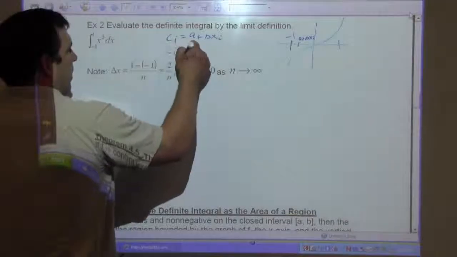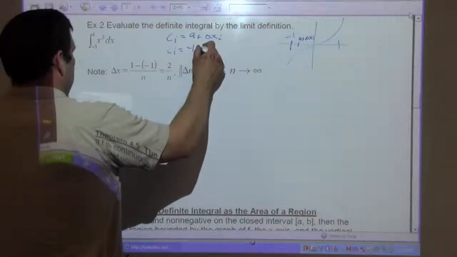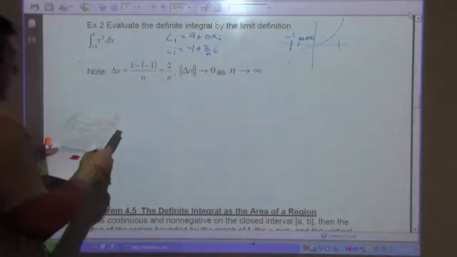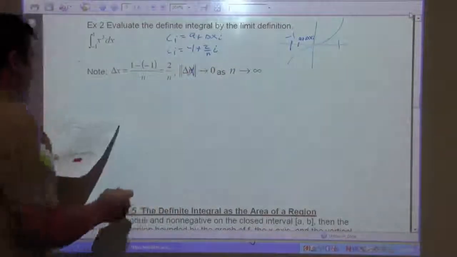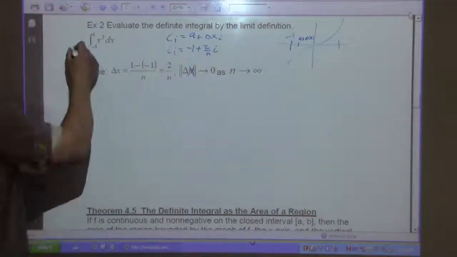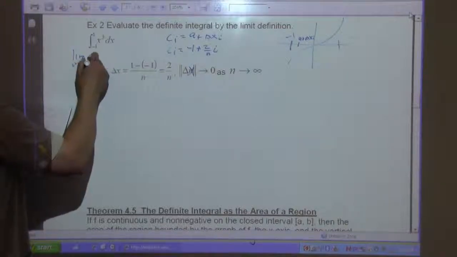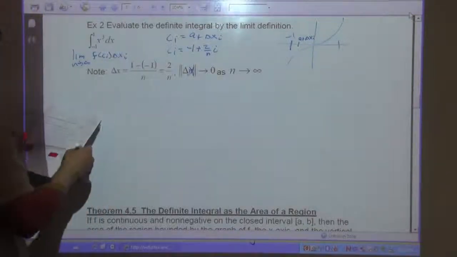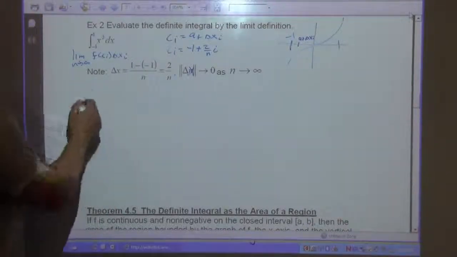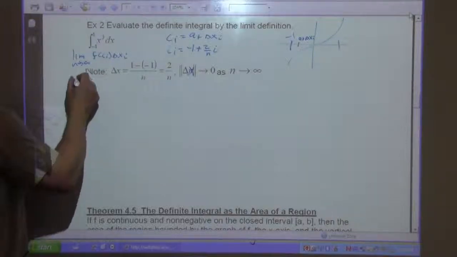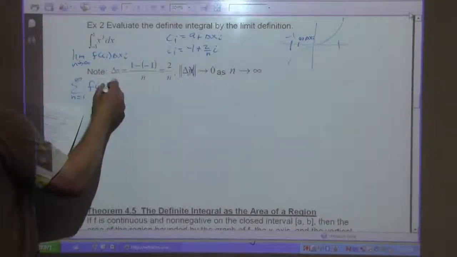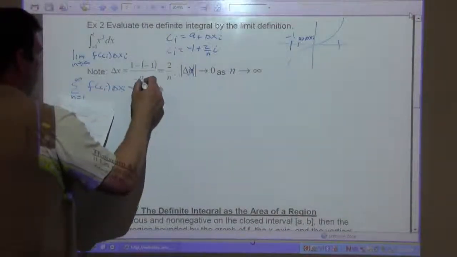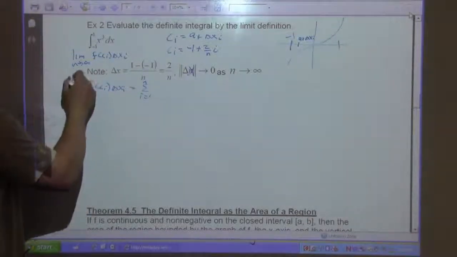So ci would be, our a in this case is -1, plus our delta x is 2 over n times i. And they should say delta x, not delta n. So we're going to look for the limit as n goes to infinity of the sum of f of ci delta xi. So it's the sum as i goes from 1 to n, sorry, it's 1 to n, not infinity,